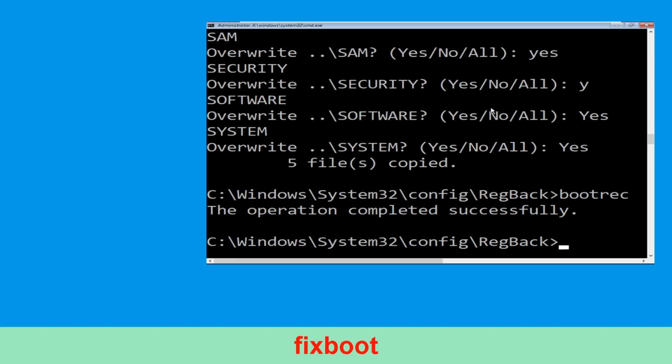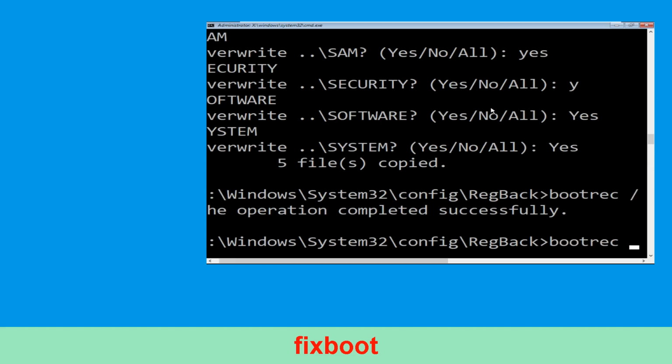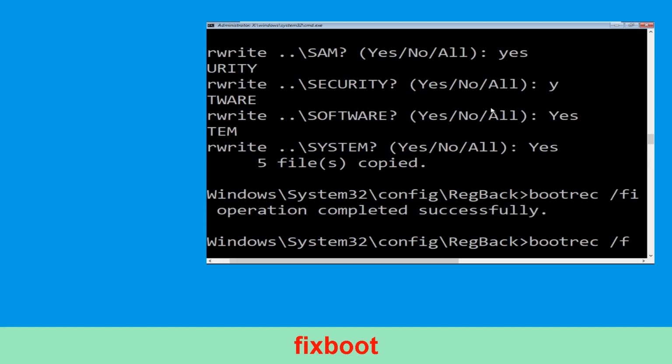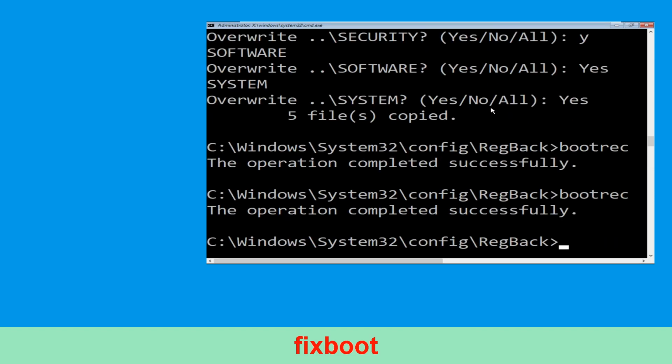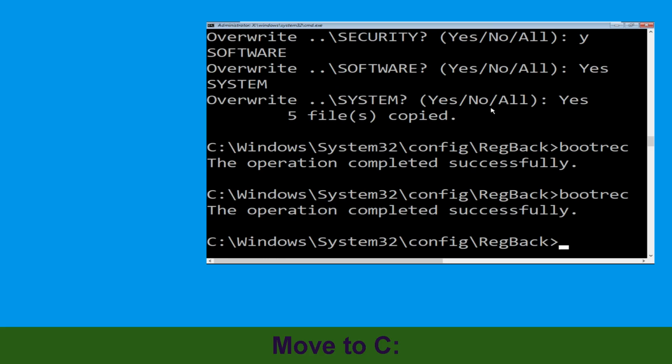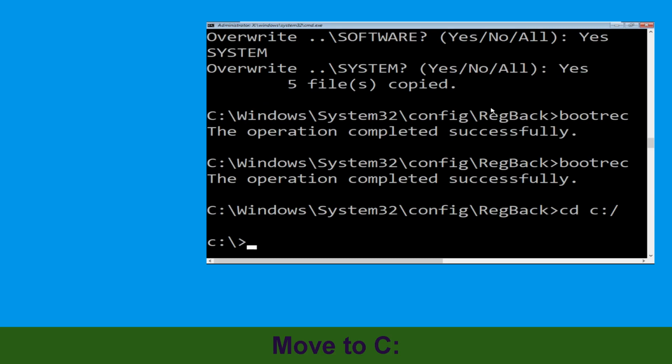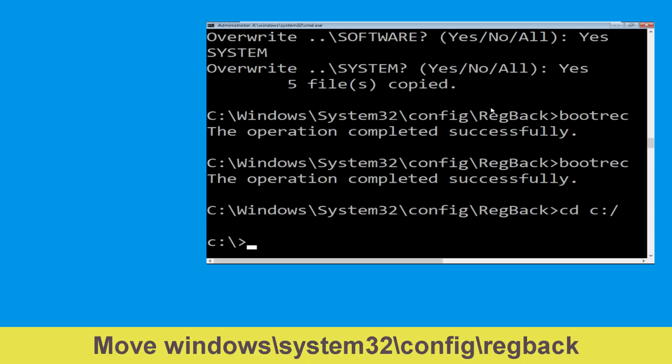Now execute this command. Type in bootrec /fixboot and hit enter. Now type cd space C colon / and simply hit enter. Let's execute this command. Type cd space Windows /system32 /config